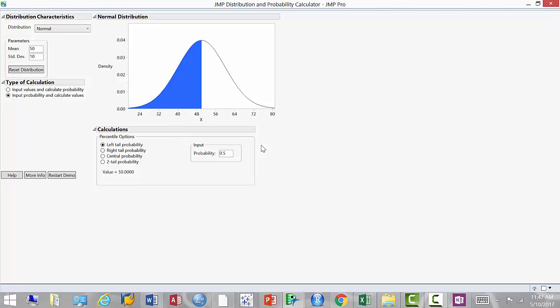And note that your calculation part also changes, right? Now what it's asking for you, first of all, what are you looking for? Are you looking for the left tail area or right tail area? Or enter the area and split it evenly between right and left tail, or central probability, same thing, right? Enter the area and it will compute the middle part. So I'm looking at the right tail of the distribution, correct? Right tail probability, and my probability in the right tail should be